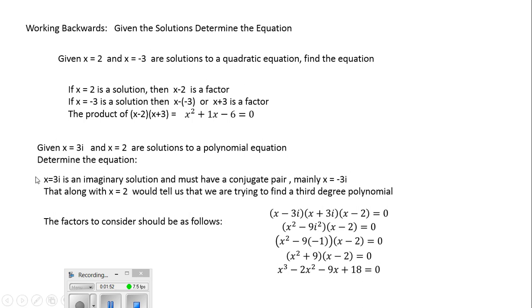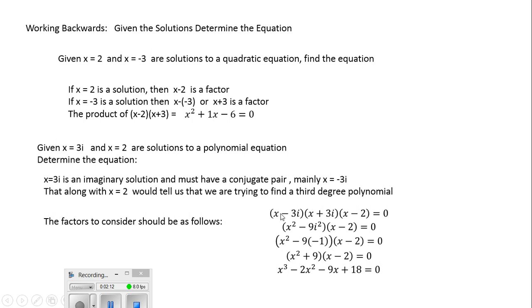Which implies that if x equals 3i is a solution, then x equals -3i is likewise a solution. And additionally, if x equals 2, then x minus 2 is a factor,